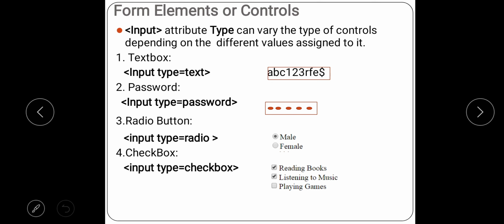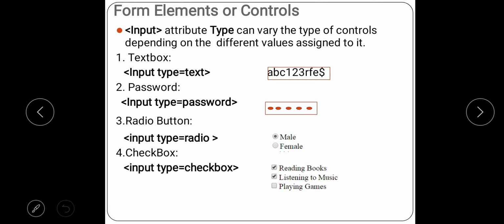Now if I simply use this code, what will happen? Both can get selected. But what is the use of a radio button? You have to restrict the user to selecting a single option from the multiple options. So for this you have to use again a new attribute called name, and you have to give name equal to some value. So for both radio buttons, if I use name equal to gender and for the second button name equal to gender, what happens?